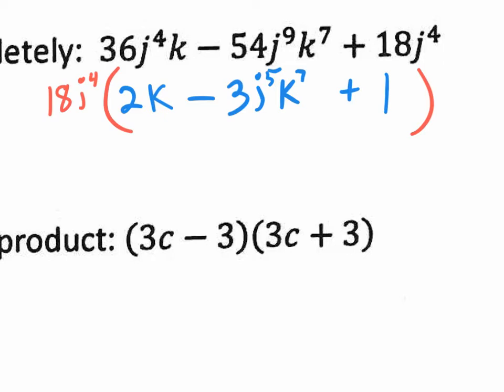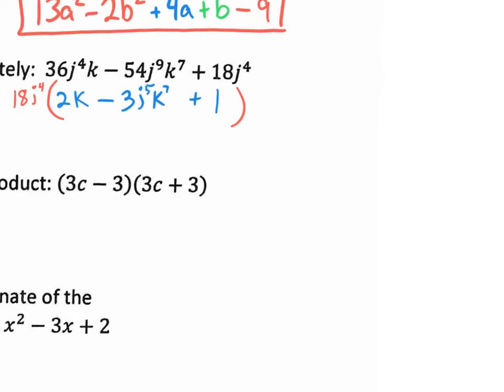Yes. Okay, now if you're still like, well, I don't know if I could find this 18. You guys want to see an alternate way of doing it? Okay, check this out, alternate way. The alternate way would be to say, okay, I know they're all even numbers, so they're all divisible by 2. So you could technically pull out a 2 if you wanted to. Oh, actually, let me do a 2 with the j to the fourth, because that's not the GCF, but it's a common factor. So if you do pull out a 2j to the fourth times what will get you